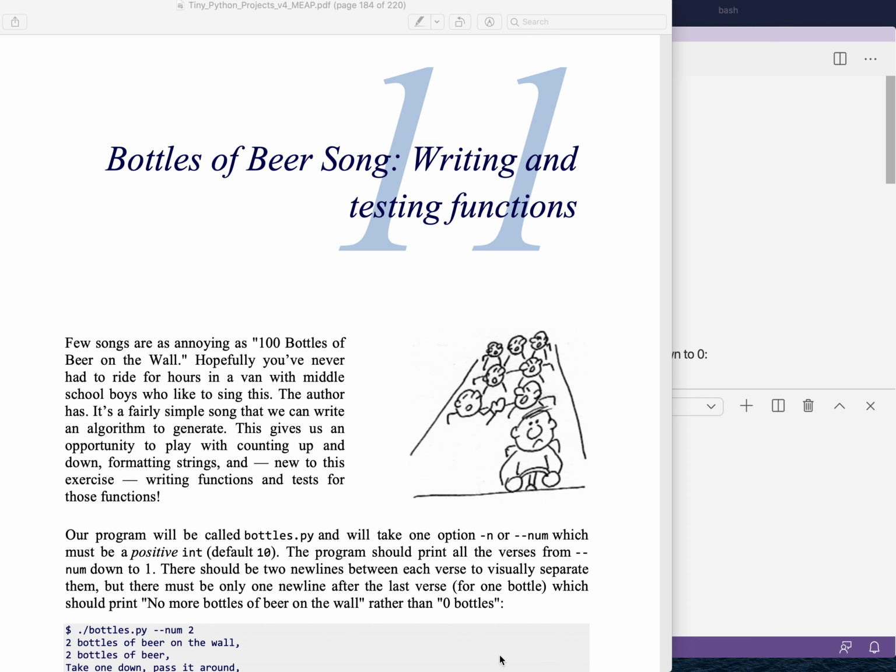Made it to the chapter where we're finally going to write the Bottles of Beer song, which is absolutely one of my most hated songs. But it gives us an opportunity to play around with writing a function, which is going to be the main idea of this lesson. So the first thing that we're going to have to do is